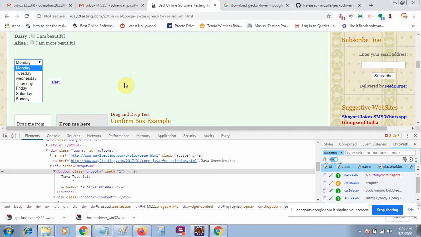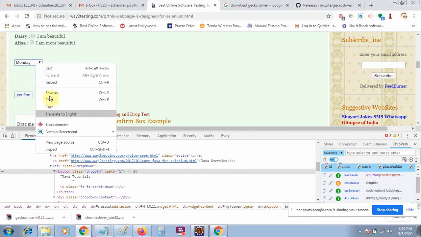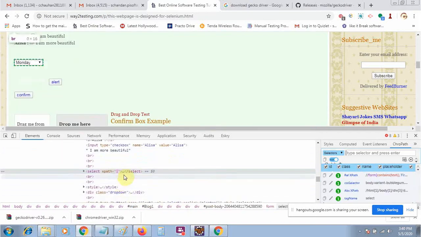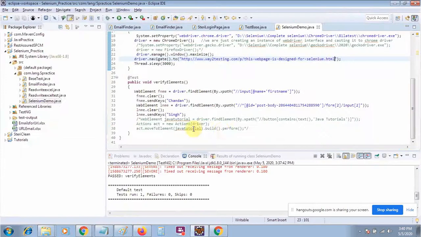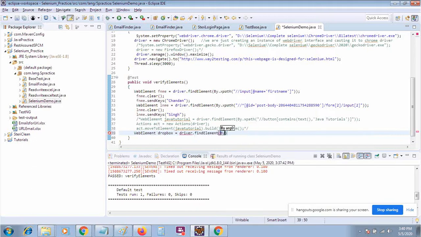We will create an object of the Select class and then perform the operation. I will inspect this one first and copy that path. I will say WebElement dropbox is equal to driver dot findElement by dot xpath, this one. So I have given that path.